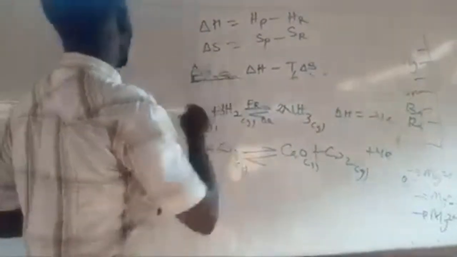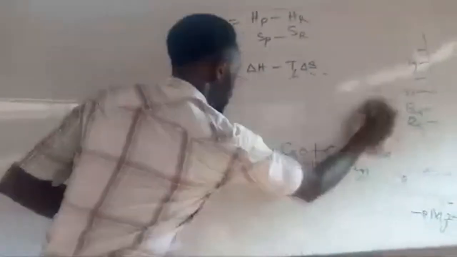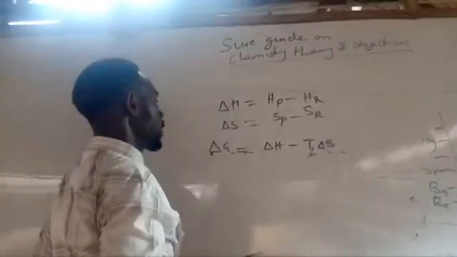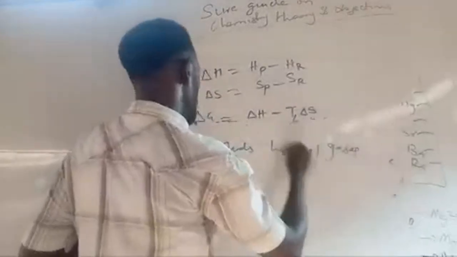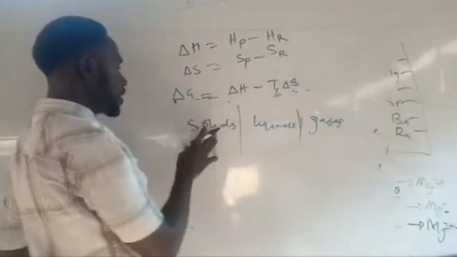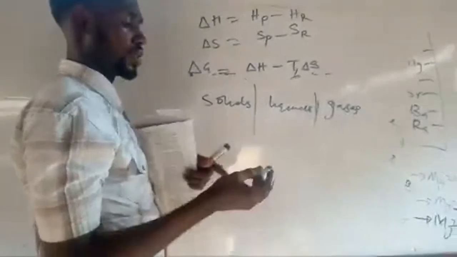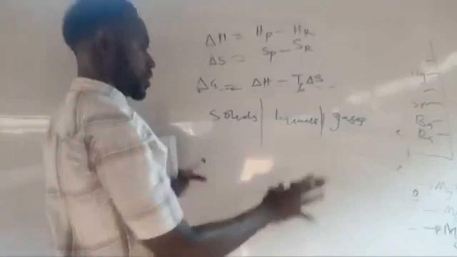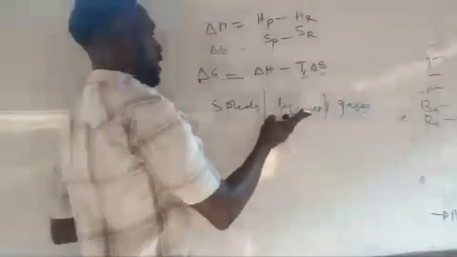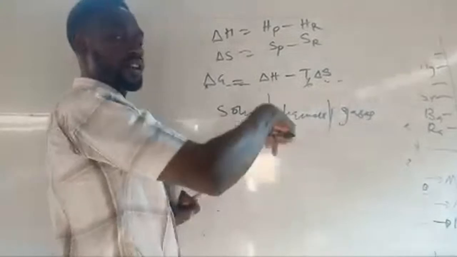Okay, coming to entropy change. Entropy is the degree of disorderliness of a system, or the system's inability to do work, depending on the angle you are coming from. So we have solids, liquids, and gases, these three states of matter. Solids: what I'm holding now is a marker, a solid. It's highly arranged, it's ordered, and that's why I'm writing with it. This board is solid, it is ordered. But water is not as ordered as solids. Water will only be ordered depending on the container.